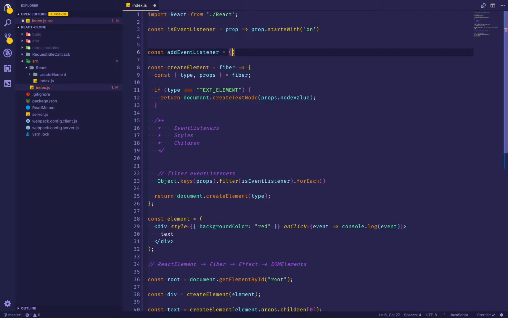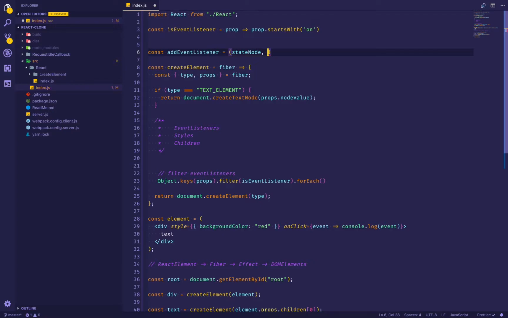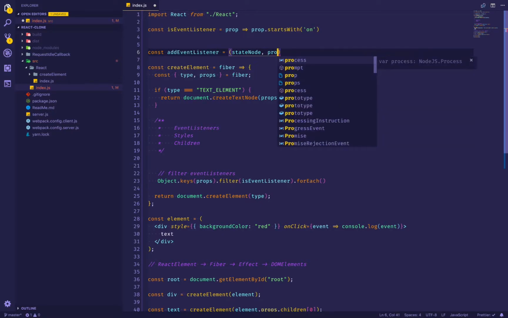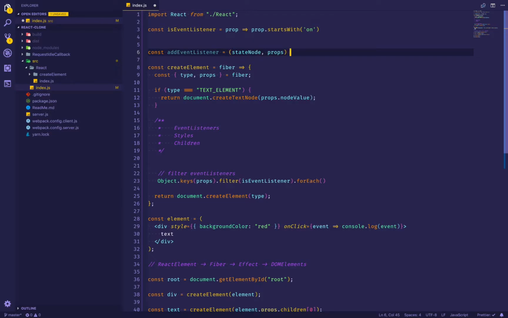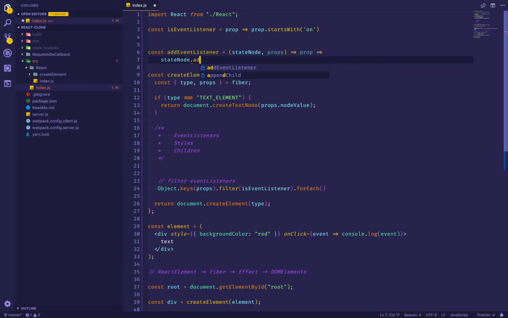So the way to do that is, okay, we need the underlying element, which I'm actually gonna call stateNode, because that's gonna be the name when we're working with fibers. Just ignore it now. It's basically DOM elements now. And the other thing we need is the props. So what we're gonna do is have the prop, and now we can have the stateNode, which is a DOM element, add the event listener